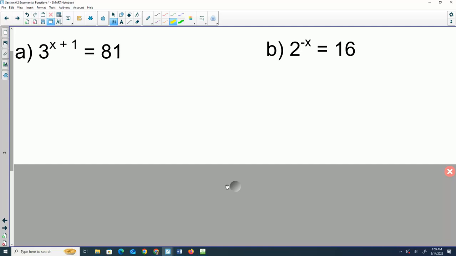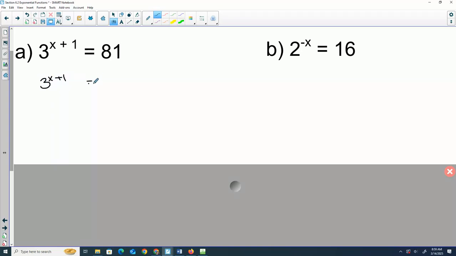be pretty similar. So if I give you 3 to the x plus 1 power equals 81. It's not like the problems that we had on the last test where it was like x squared equals 81 and you could add a square root. Here are the variables and the exponent. So we can't just add a radical to get rid of it, but what we can do is get the same base on each side. We're not changing the problem,